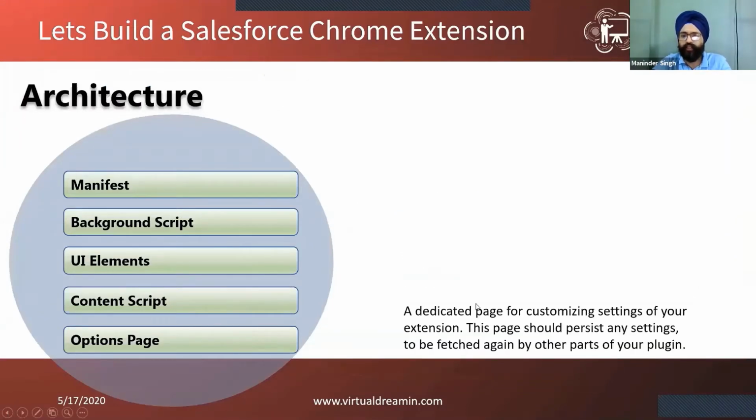And the options page is used to store the settings. For example, you want to store the custom shortcuts for a browser extension. You can save it here in this options page, or you want to ask the user whether they want to enable this feature or disable this feature. You can store that in this page and utilize the options page. Like you can write, does the user want to use the login feature? If he has enabled it, you can write your code: if this flag is enabled, only then enable the login feature. So the options page is used for that.